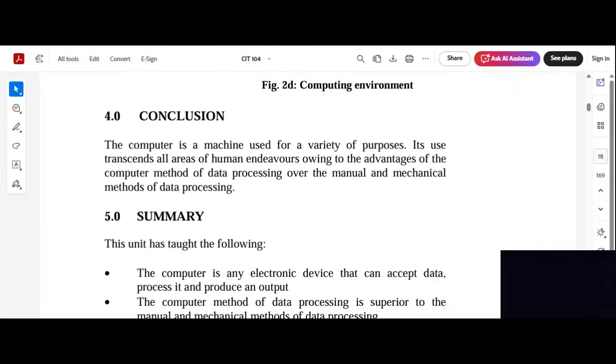Let me give you an example. The people that keep updating student records every semester, when we have a new set of admission processing. They update that we have 2,000 new students this semester. The name of this one is this and this. The matric number is this and this. This was the date we admitted the student. The people that update the data like that from time to time, they are the ones we call data entry clerks.